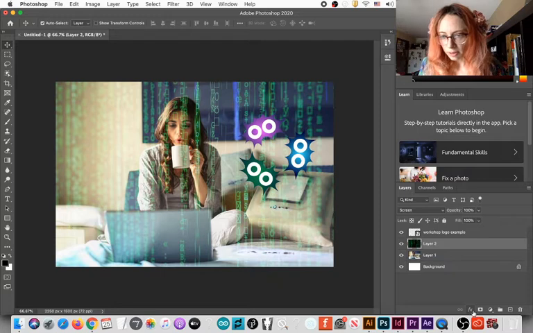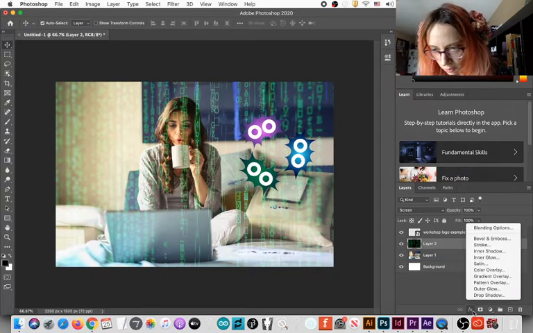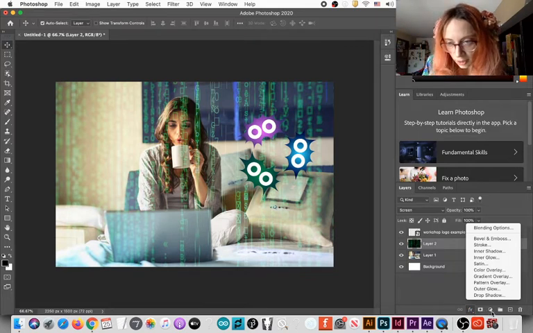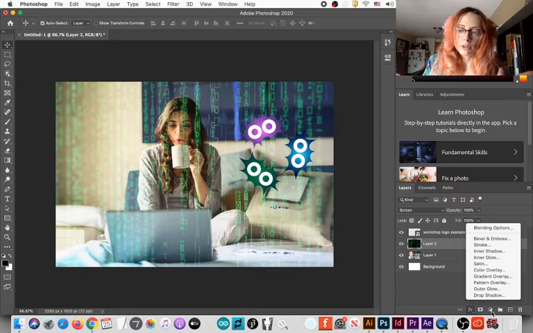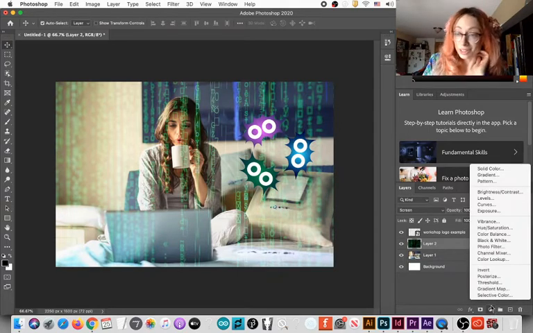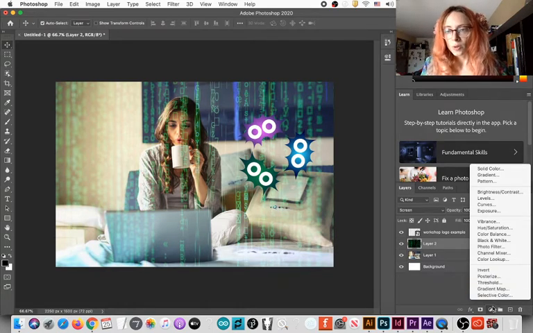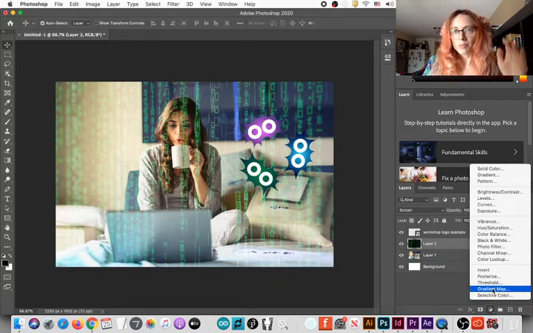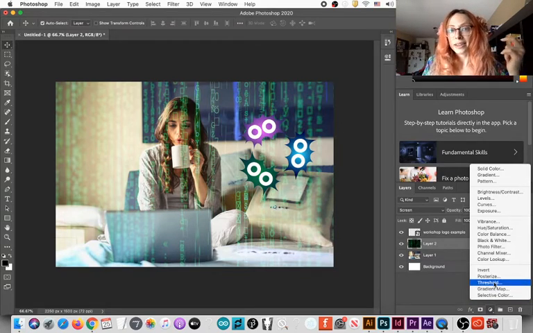When you click here on those tiny little effects, it will give you interesting blending options. This is one of the funnest things about Photoshop, but we're not done with the boring stuff. So let's go back to the boring stuff. Okay, everything is fun and interesting about Photoshop. These are adjustment layers. These change the appearance of what's underneath them.